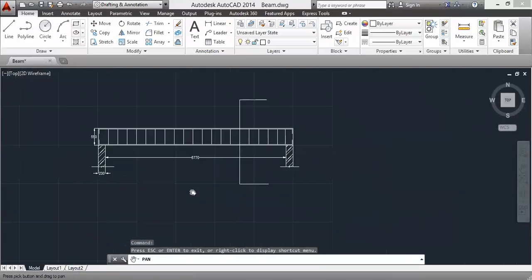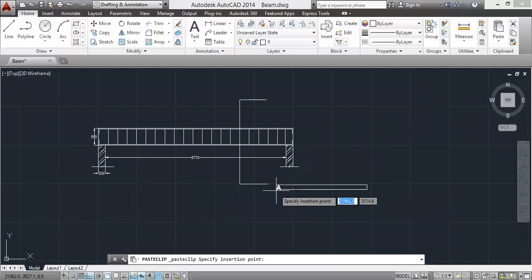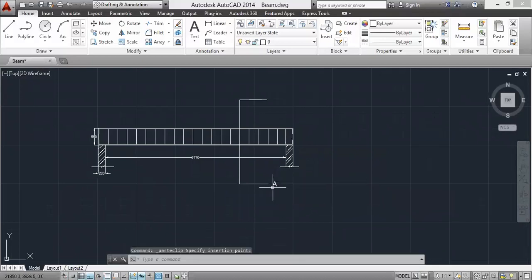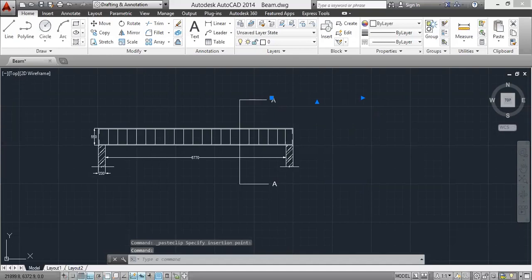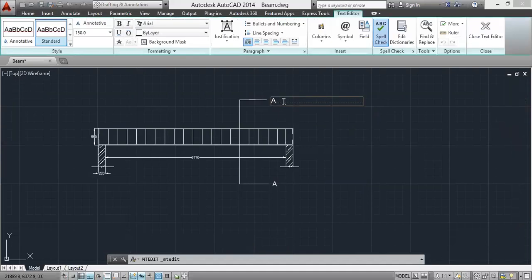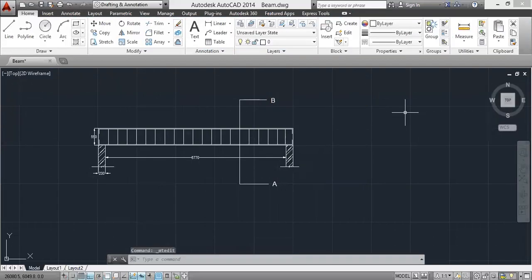Copy that text, paste here. Edit the text. Type it as B. Okay. This is the section AB.